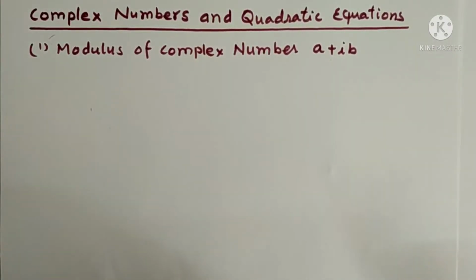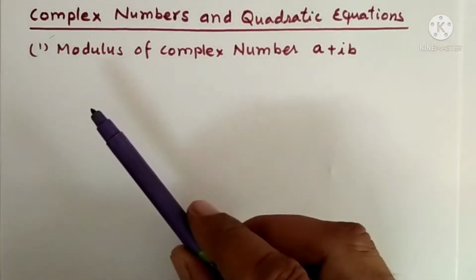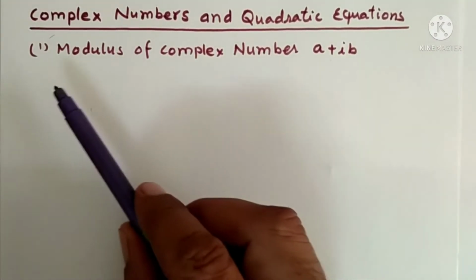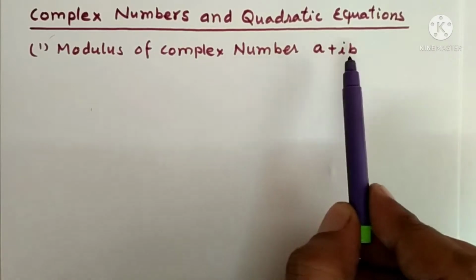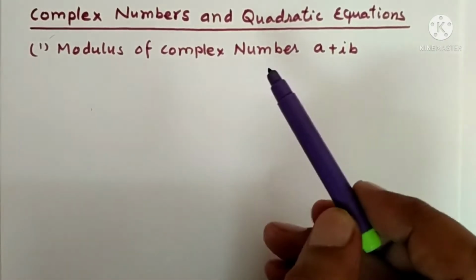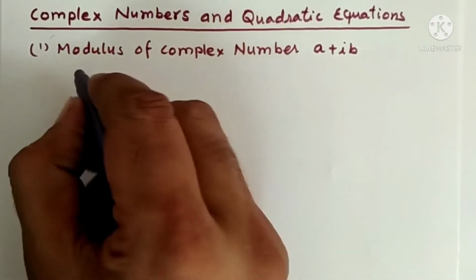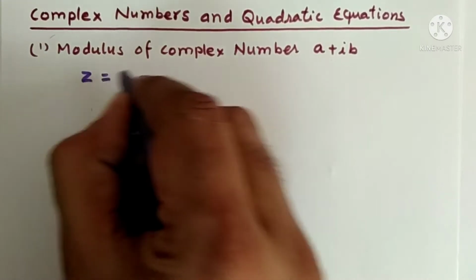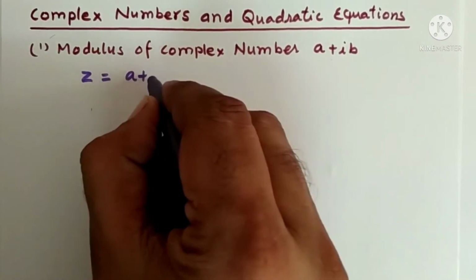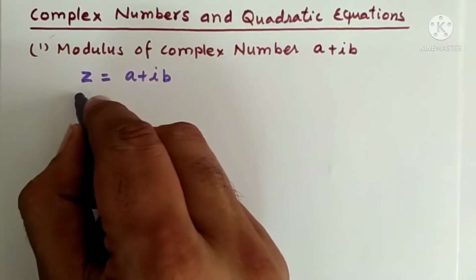We are doing complex numbers and quadratic equations. In this, today we will do the modulus of a complex number a plus iota b. How can we find the modulus of a plus iota b? Look here, if we write z as a plus iota b, and the modulus we will represent